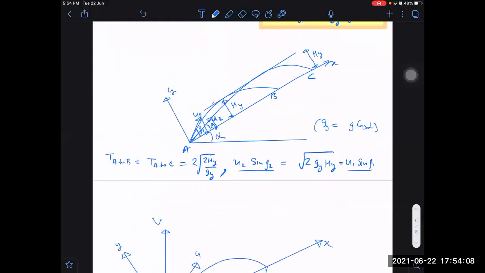These equations are not in general valid. No, these are in general also valid, but if I say two projectiles, always this will not be the same, but only because their heights are the same here, therefore these are coming out to be the same.